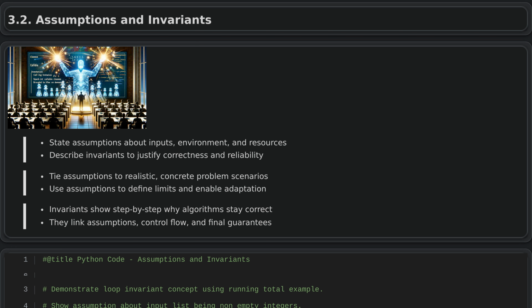Assumptions and invariants. When explaining an algorithm, it is important to clearly state its assumptions and invariants. Assumptions describe the conditions that must hold before and during execution, such as properties of the input or limits on resources. Invariants describe properties that stay true at key points, like after each loop iteration. For example, that part of a collection remains sorted, or a running total correctly reflects processed elements. Expressing these ideas in plain language helps clarify not only what the algorithm does, but also why it works under